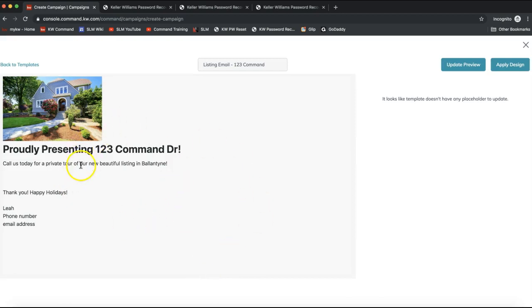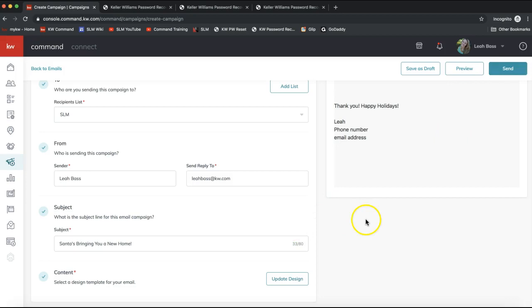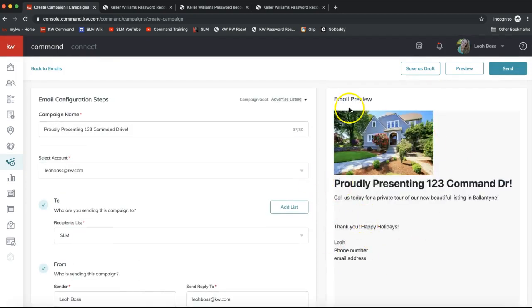It pulls it over and shows me the template. If I'm happy with that, I can click apply design on the top right. And boom, there it is. It shows me an email preview. I can preview that further on the top right. I can save it as a draft, or I can go ahead and send it. So if you are happy with it, feel free to click send, and that will go out to your contacts